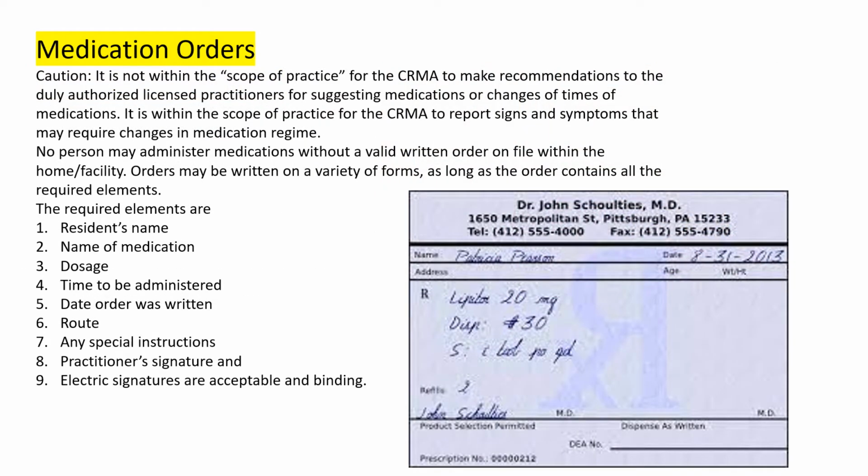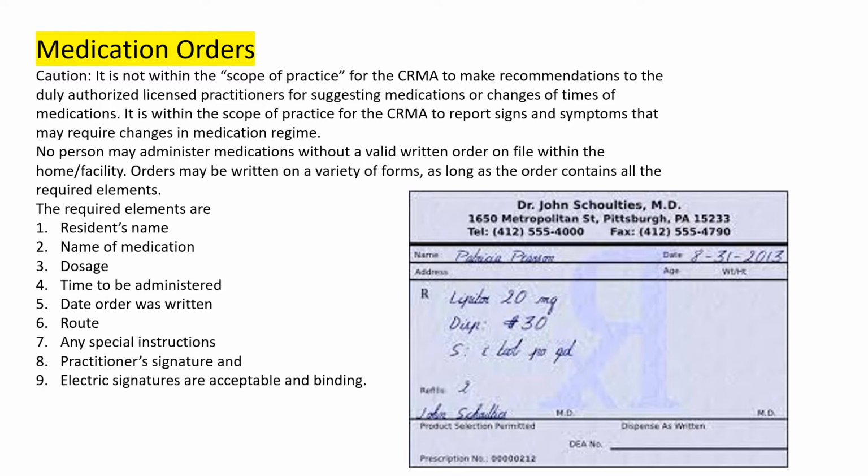Medication orders. It is not within the scope of practice for the CRMA to make recommendations to the duly authorized licensed practitioner for suggesting medications or changes of times of medication. It is within the scope of practice for the CRMA to report signs and symptoms that may require changes in the medication regimen. No person may administer medications without a valid written order on file within the home or the